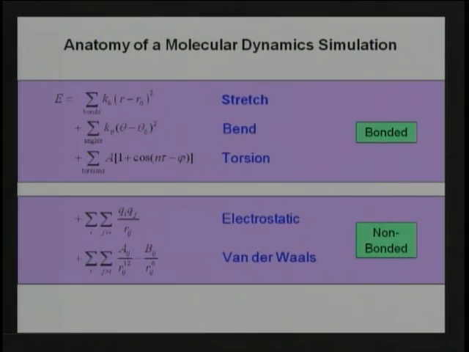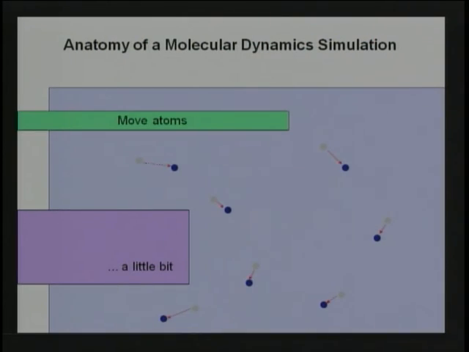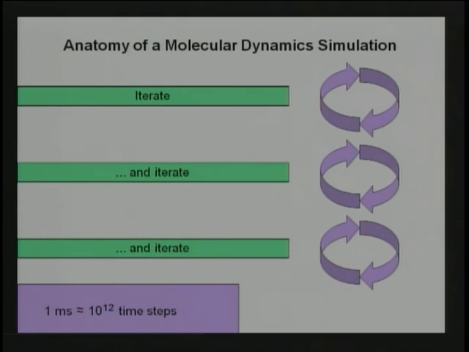And to a lesser extent, there's something right here, this 1 over r to the 6th term, which you can't completely ignore, but you don't have to account for it very far away. So once you're done with that, what you do is calculate all those forces with that function, move the atoms by a tiny bit, and then repeat it over and over again, and you're integrating Newton's laws of motion, and you see a complete trajectory of the molecule. I've sort of short-circuited a few things here. It's not quite right, but think of that as the computational task that we're solving.